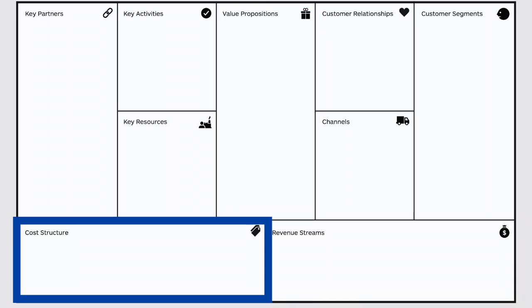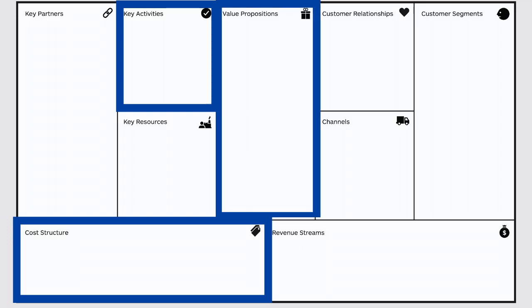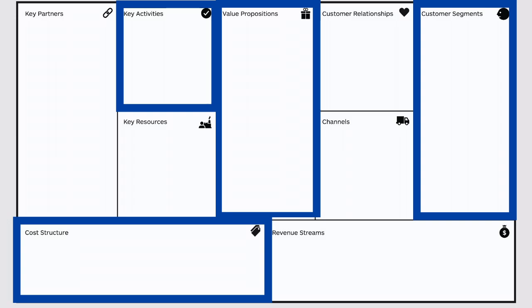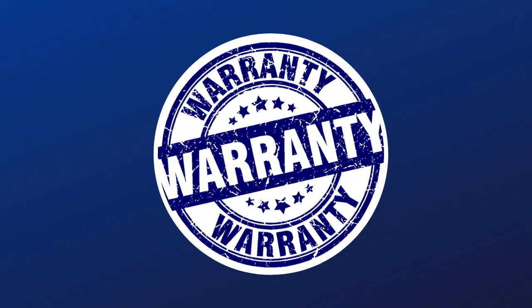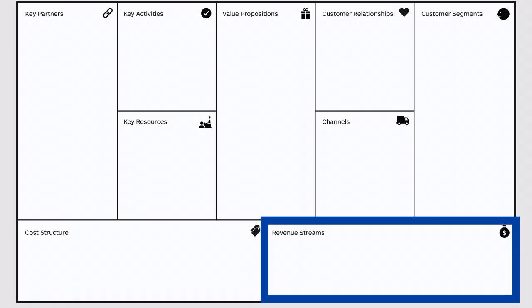Determining the cost structure then needs to take into account all of the key activities, all of the direct and indirect costs for creating the value proposition and delivering it to the customer segments, and in many cases providing service on that, particularly where service needs to be provided, for example, through a warranty, where no additional compensation would be available. If it's determined that the cost compared to the determined revenue stream is not going to yield a profit, we've got several choices we can make.